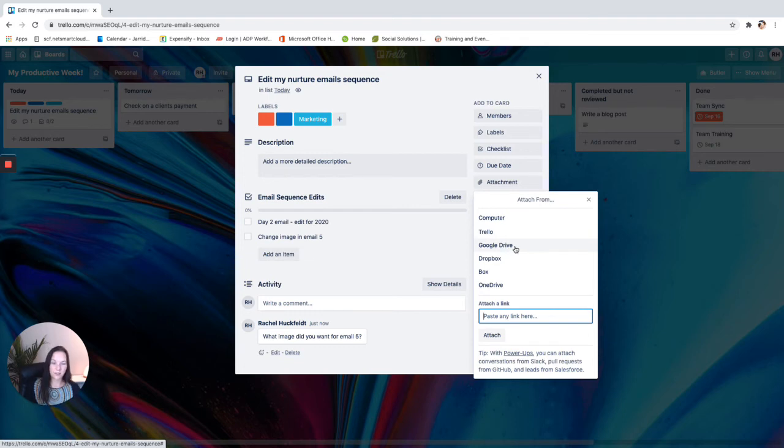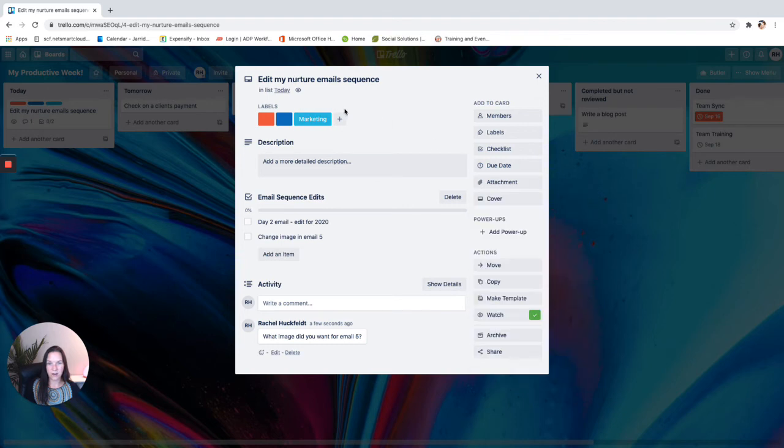All my boards are connected to my Google Drive because I am a huge fan of Google Suite, and we can go into that later. Everything I do is in there. Your computer, Dropbox, wherever you have your items saved, you can attach any relevant files. So if I had written a new email sequence already, and I wanted my VA to update it within the platform, I could attach all the documents of the new emails in here, give her the tasks that she needs to work through, and then she has everything that she needs. I would have due dates, I'd have her assigned to it,